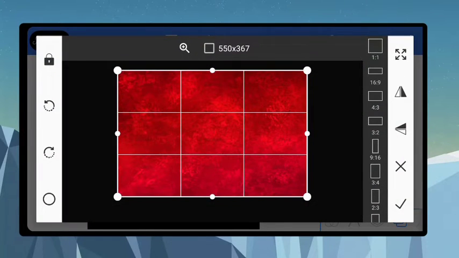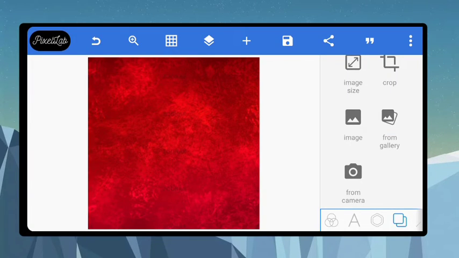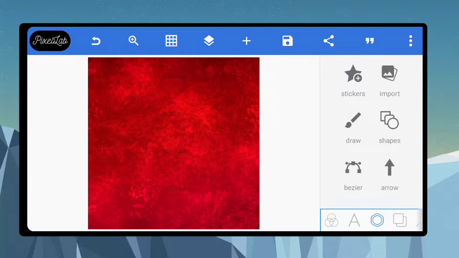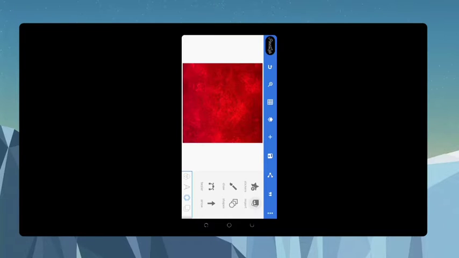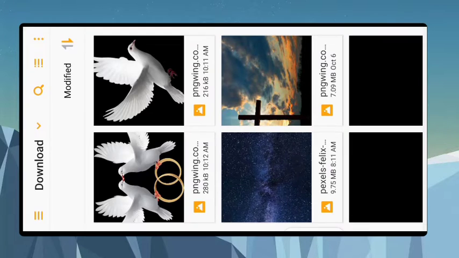Okay, here it is. I'll just make it 1-to-1, just like that, and place it right here. You can see. Now the next thing that I will do is start adding some designs to this background. I want to make a church flyer of somebody looking like somebody who is